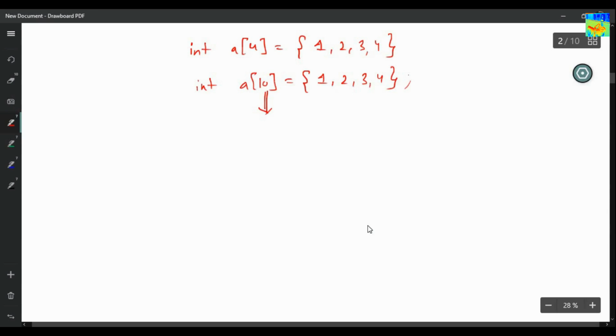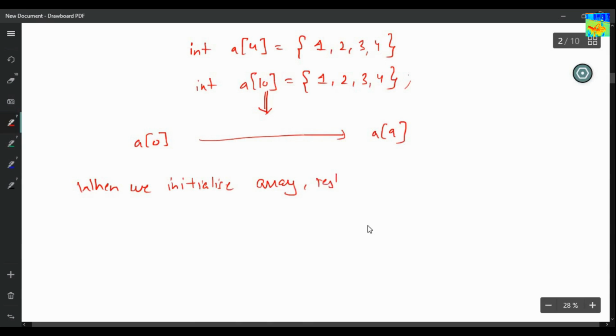We will print starting from a of 0 till a of 9. What happens is, when we initialize an array, the rest of the positions become 0.